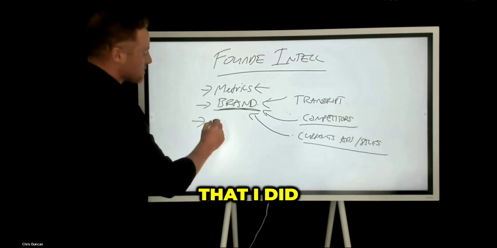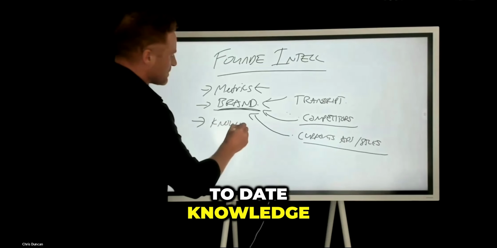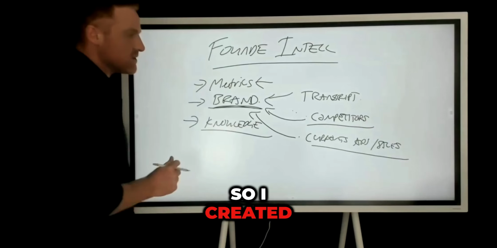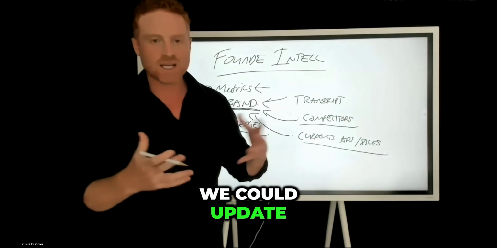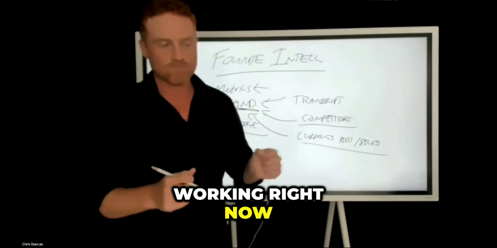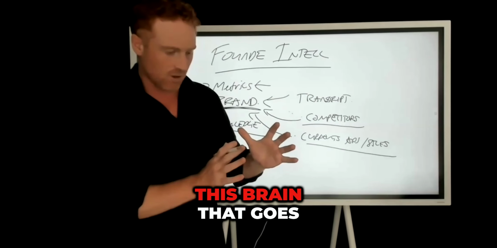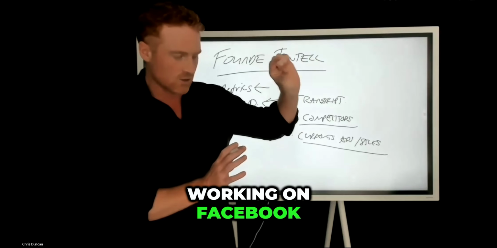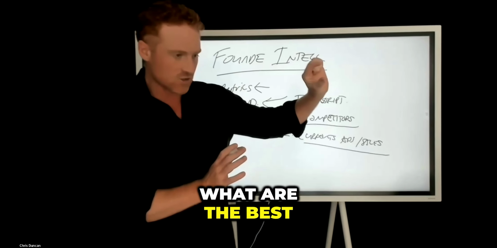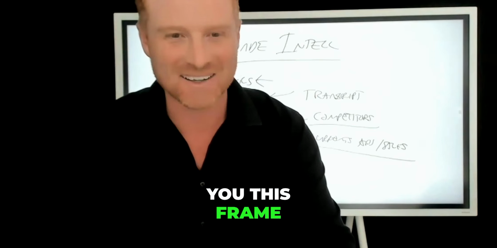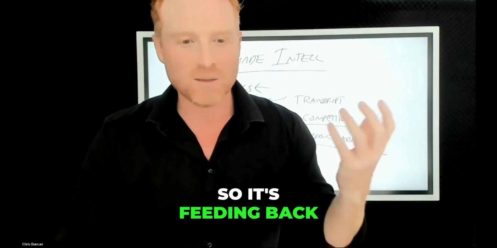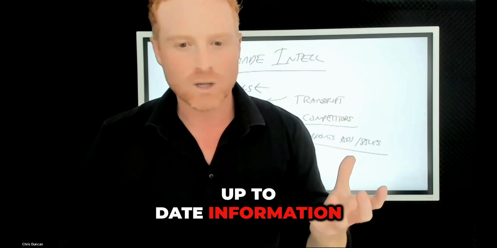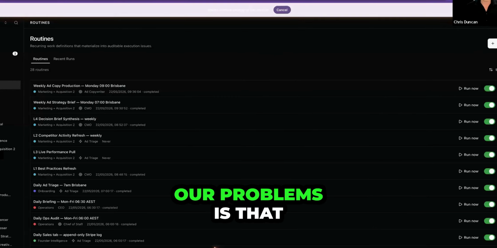Then the next thing I did is I really wanted to have up-to-date knowledge, okay? So I created a system where we could update the knowledge of what's working right now. So I created this brain that goes out and researches what's working on Facebook in 2026. What are the best strategies for good? In fact, I can show you this brain. I created this brain so it's feeding back up-to-date information, because one of our problems is that,